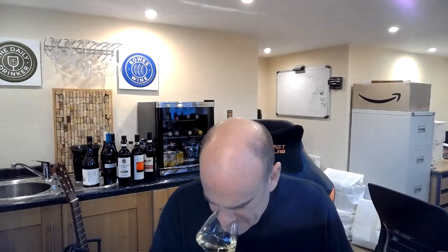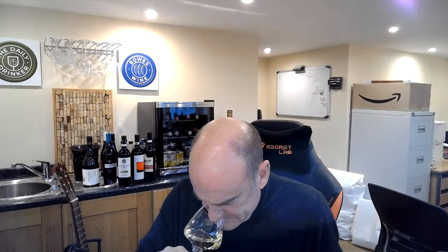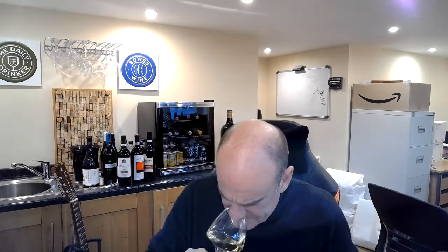Colour-wise, it has started to develop, but it's a beautiful pale yellow, goldy green. It's got definite emerald lights in it, and the nose, it's just clean, clearly defined, absolutely beautiful. It's got a definite sort of slatiness about it, almost that Saar. The Saar wines have a particular sort of slatiness from the soils there, and